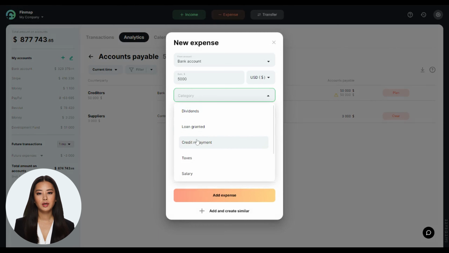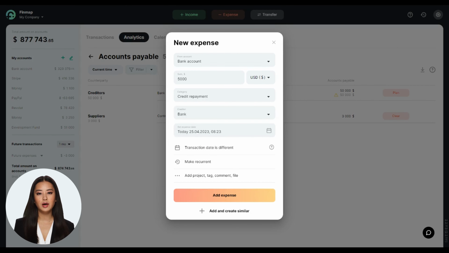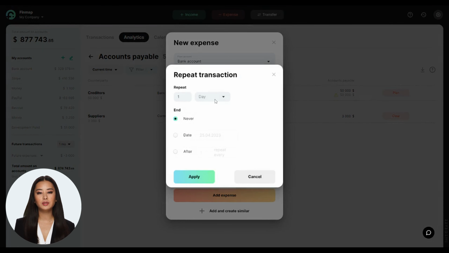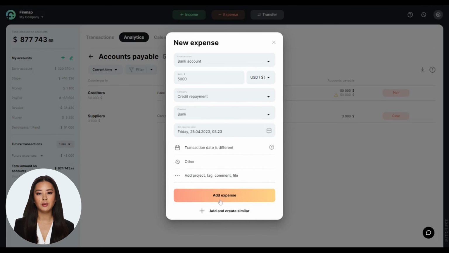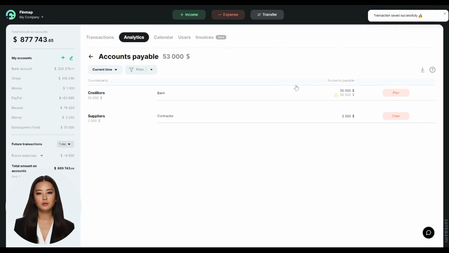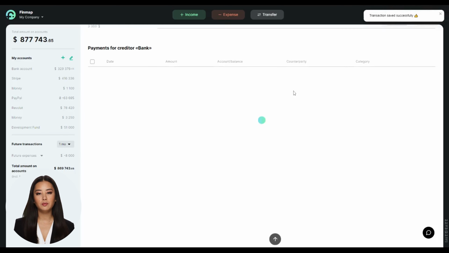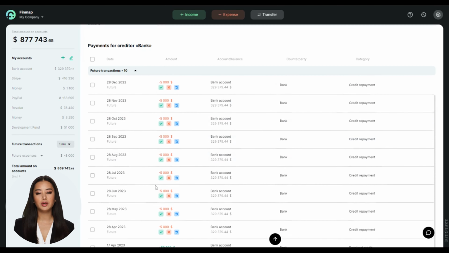To do this, create a record of expenses where you specify the amount, the date you want to repay the loan, and other details. Here, we select Other and specify when and how many times the payments should repeat. We have split the loan repayment into 10 returns, which we will pay once a month. Now we can see that we have scheduled the loan repayment with 10 repayments, which we have created using the